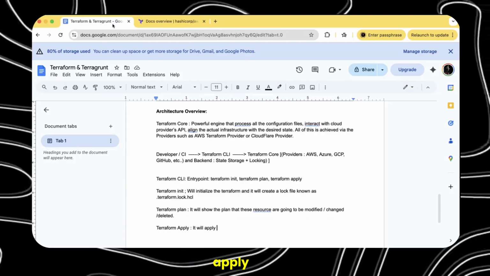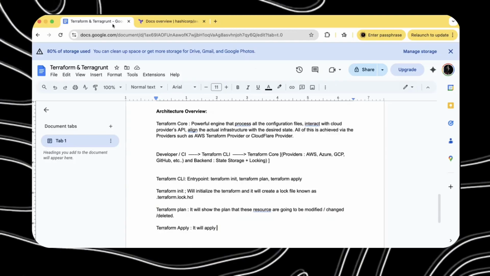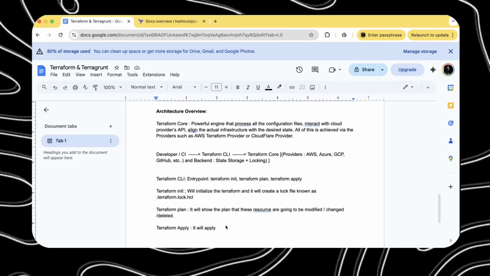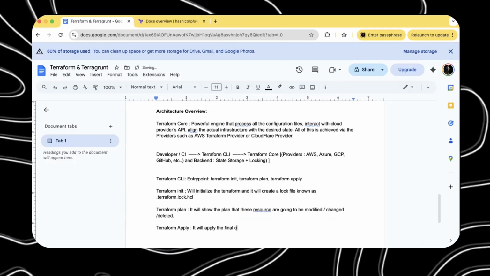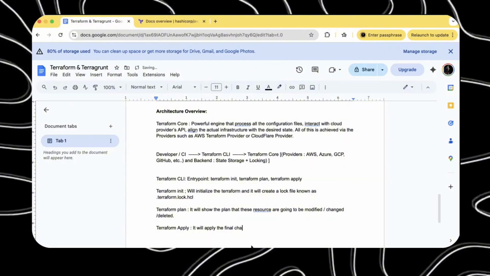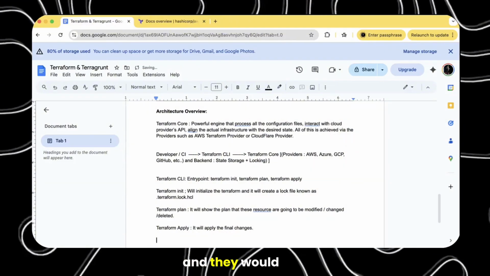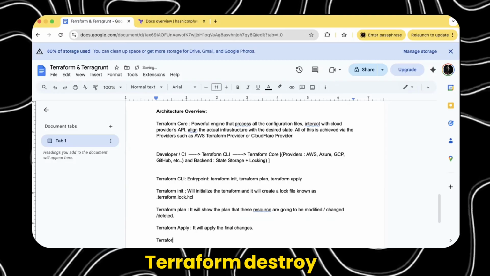And there is another one known as terraform destroy.